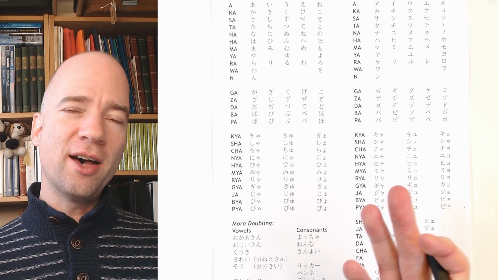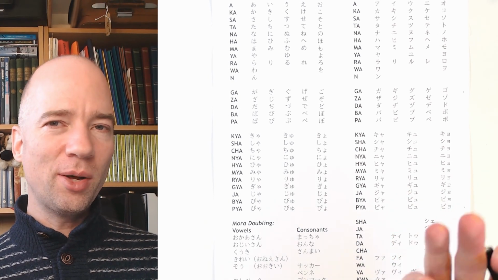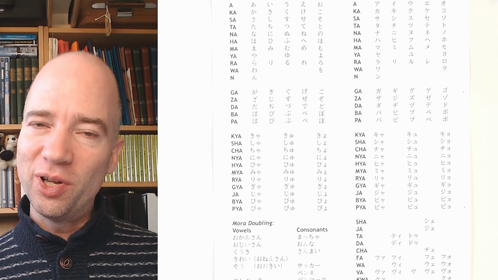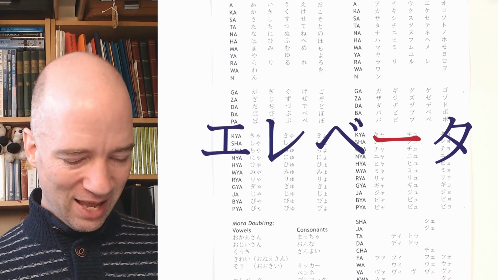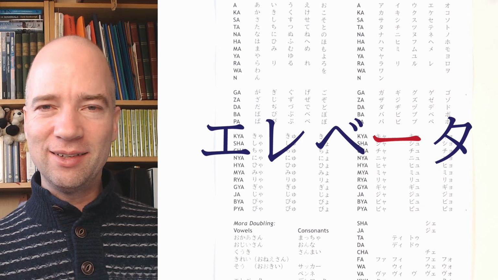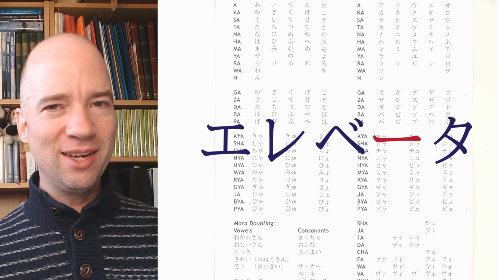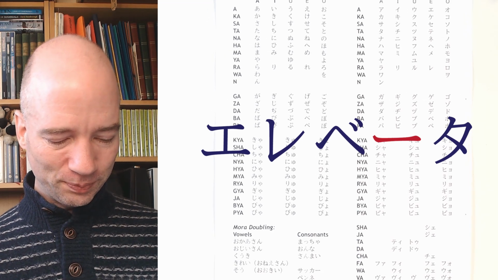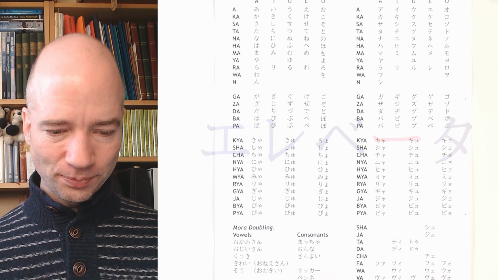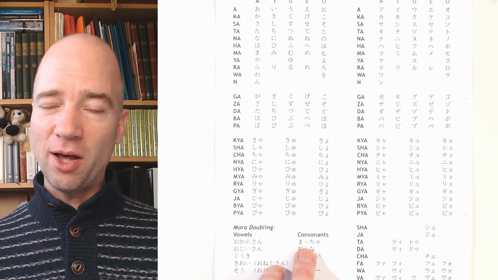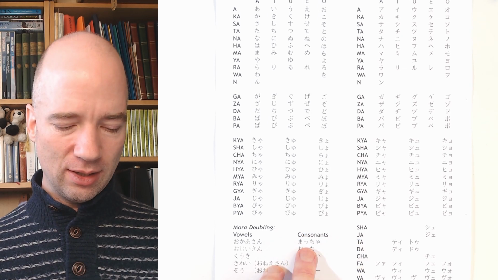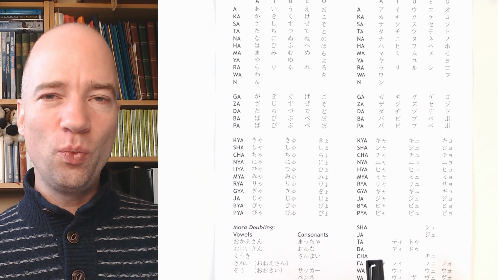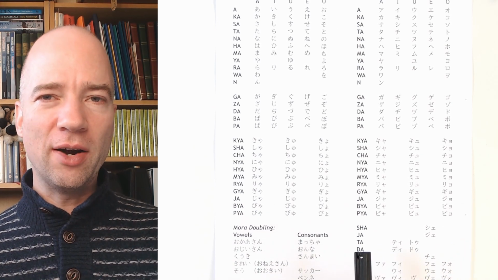And then in katakana, it's a lot easier when you are doubling a vowel mora, you add a horizontal line. Very easy. Erebeta, I've got here, that means elevator in Japanese, by the way, if somebody wondered. Erebeta. And then we have a doubling of the consonants, which usually as standard is done with a small tsu character,